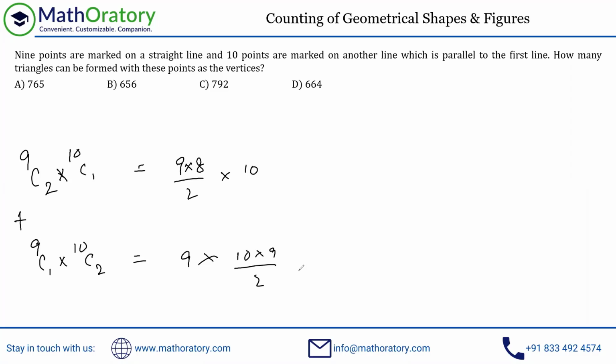There's no calculation shortcut that I'm looking at. But yeah, actually I am. Interestingly, if you look at this particular thing, this will definitely end with a 0. And if you look at this thing, it will end with a 5, right? So if you add these, the last digit has to be 5. There is only one such option and you'll get the answer without calculating this. So that's it for this problem.